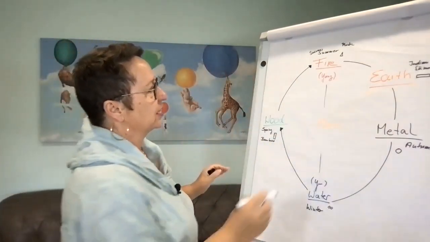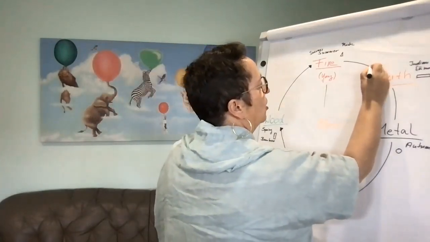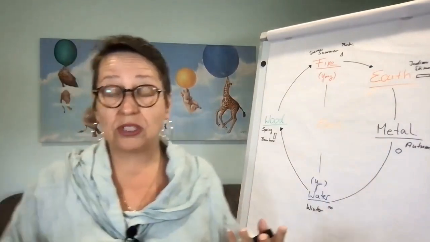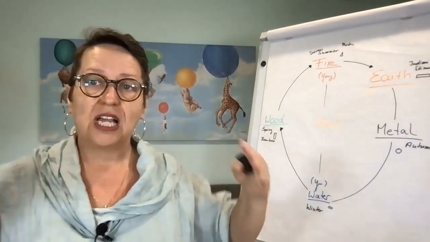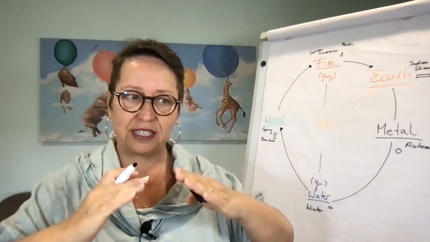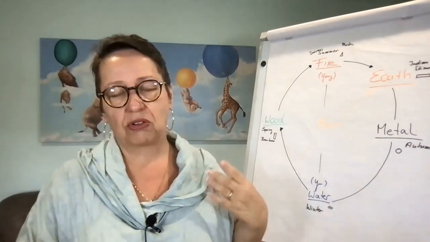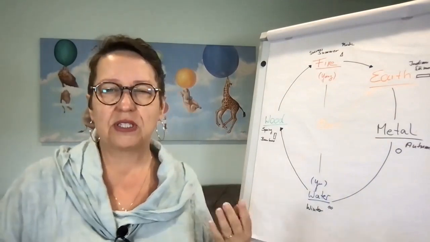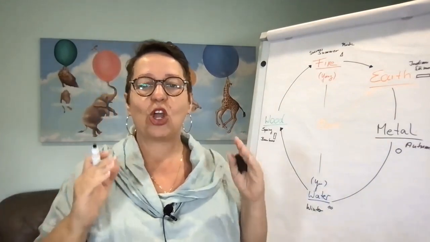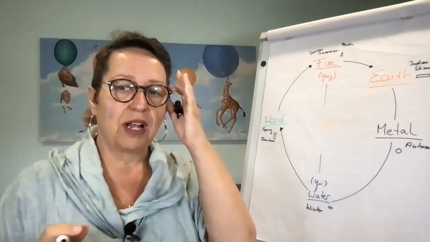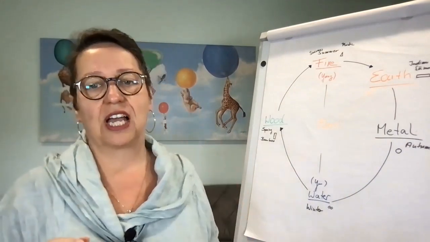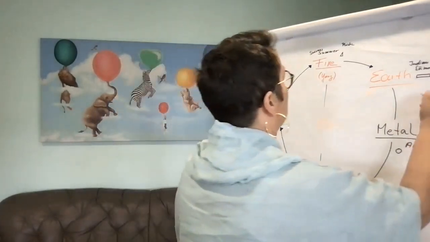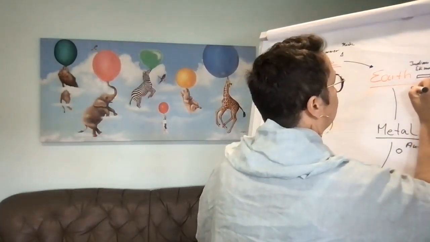And then from the success, we're starting to settle. The earth is everything that doesn't like to move, like a mountain. I told you before, the mountain is considered earth. So it's not moving, it's settling. You're starting to ground more, have a family maybe, build a home, all of these things. This is more in the earth times. It's about comfort. So it's all the natural fibers. So all what is earthy, the natural fibers, like cotton, for instance.